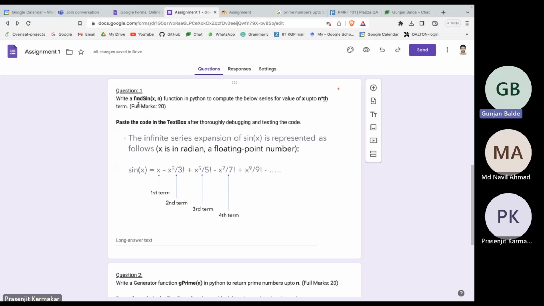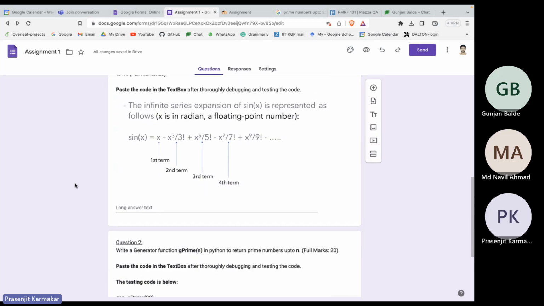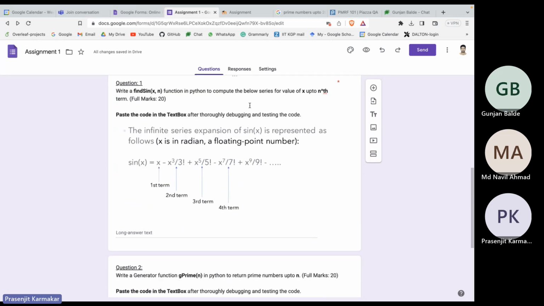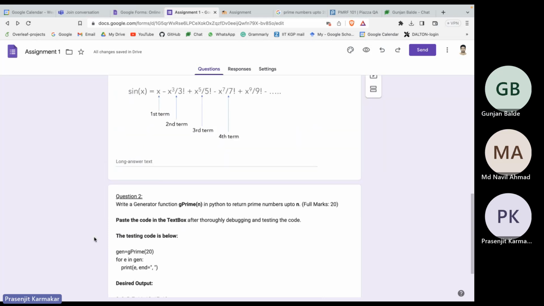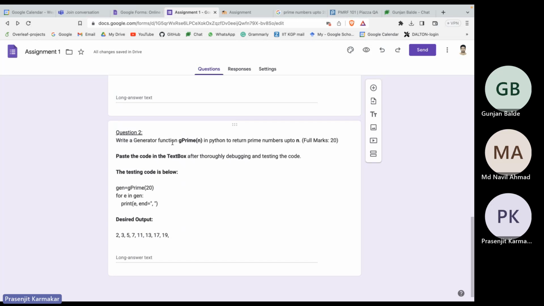Just make a function called find sin x. x would be the floating point number for how many radians you want to input as the sin x value, and n is how many terms you want to approximate in the Taylor series expansion. Then debug and test your code before putting the answer into this text box. And the second question is from the generator functions: try to build a generator function g prime n,